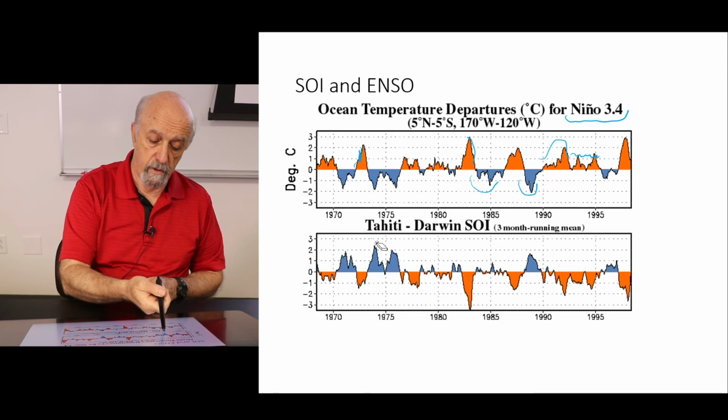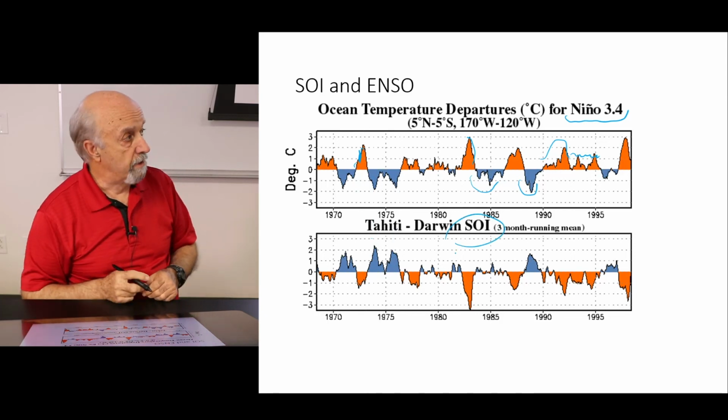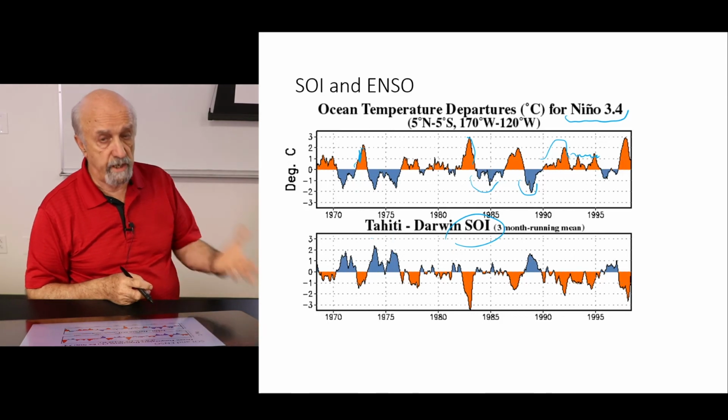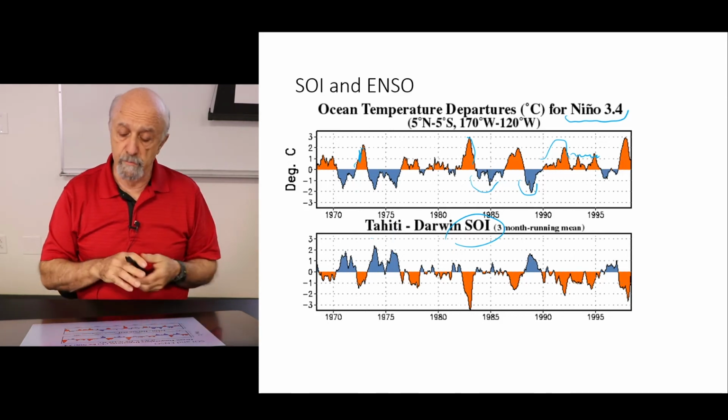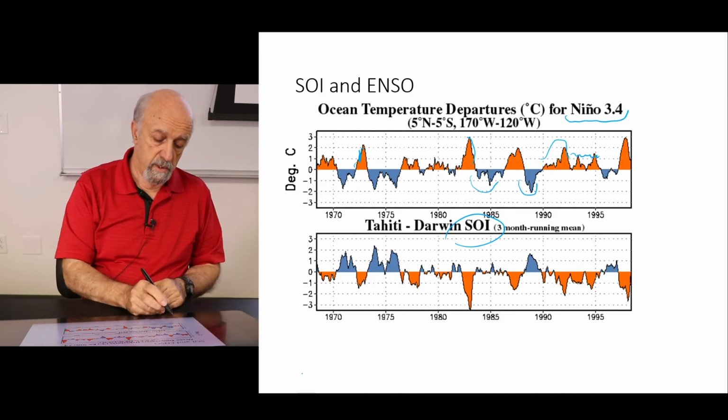The difference is, it's much easier to measure the Southern Oscillation Index because we measure just atmospheric pressure, and we don't have to go into the water and measure the water and all that. So